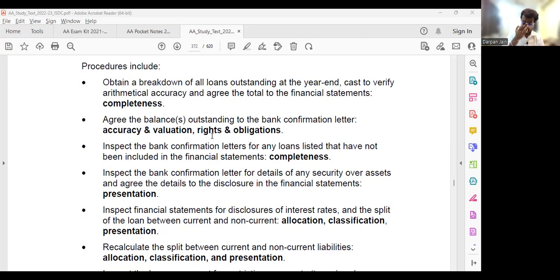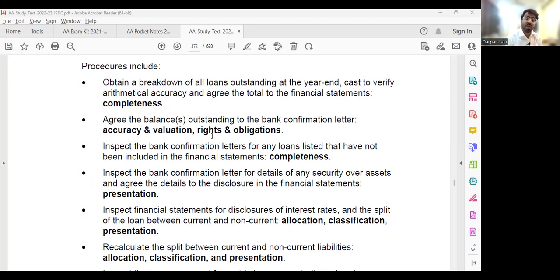Okay, firstly, listen to me. Firstly, what do you have as an auditor? You will have a balance sheet, right? As an auditor, you will have a balance sheet of the client. Now, in that balance sheet, you're looking at the non-current liabilities. Under non-current liabilities, there is an amount of loan which is mentioned.